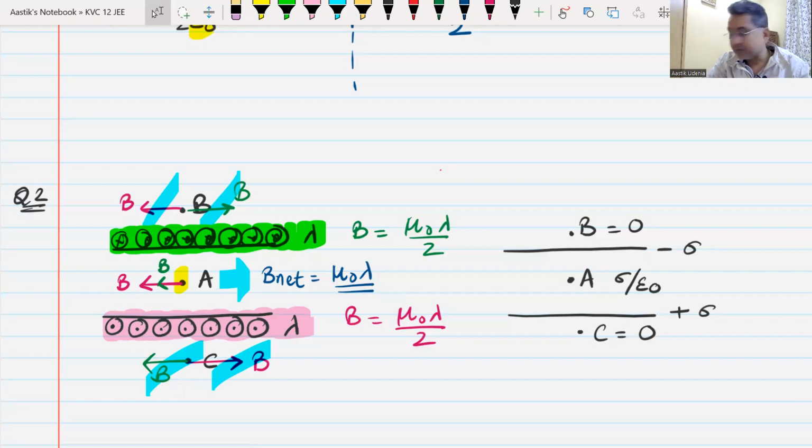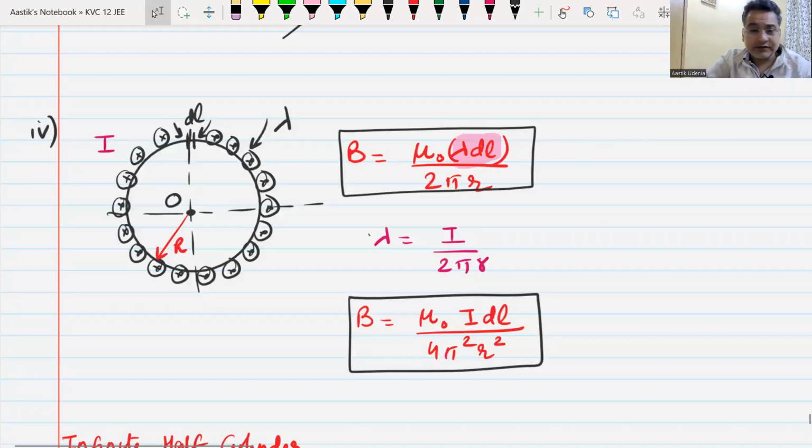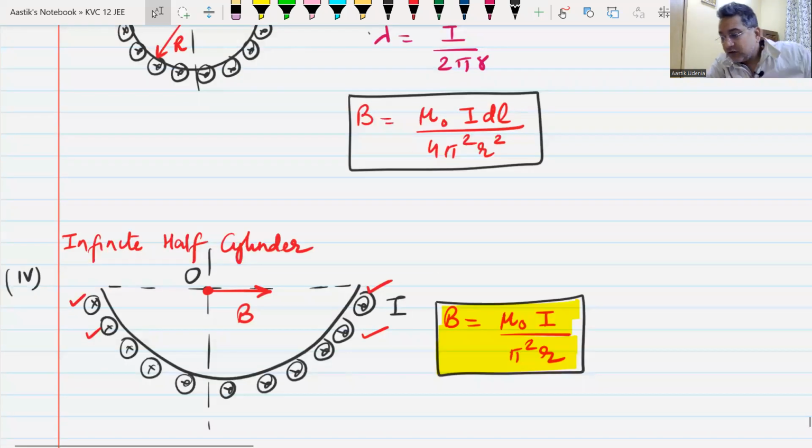Yes or no? Also, for a hollow cylinder, we had found out the magnetic field. At the center, it is 0. Then we had done a question where we had a slit cut, and I gave you the formula for that. Then I also gave you the formula for an infinite half cylinder. All these are standard results. Keep them with you. If a question comes, it would be a straightforward question. You just use the result and get the answer. Now,